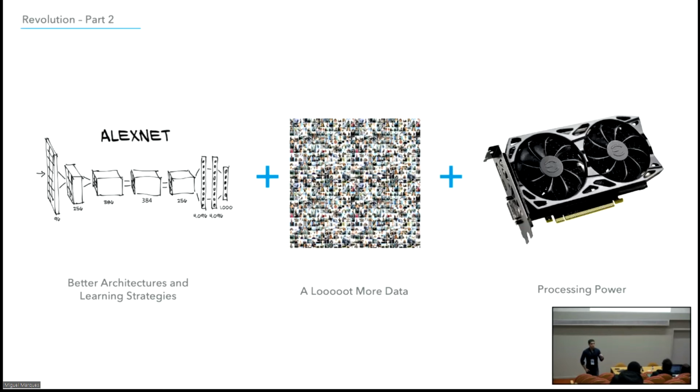And the third ingredient is computational power, processing power. So many of these operations that you do in neural networks are basically matrix multiplications. And the very good hardware for doing matrix multiplications are GPUs. So graphical processing units that were created to accelerate computer graphics are also very helpful to accelerate deep learning algorithms. So combining all of these three ingredients